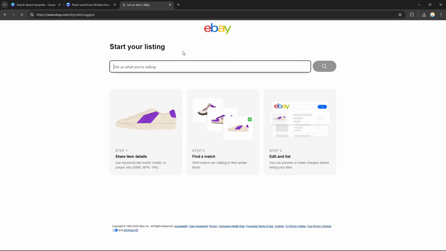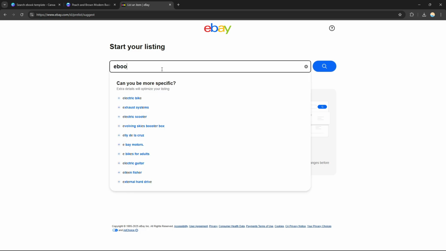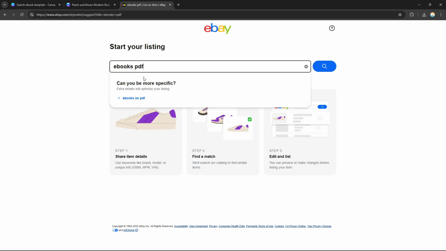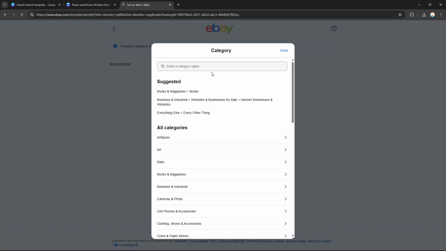After listing an item, you need to input the type of product that you want to sell. So make sure, for example, ebooks, since we are selling ebooks. Whether it's ebook PDFs, ebooks and digital media, ebooks for Kindle, or ebooks on PDF, etc. You can click on the specific description of your digital product or the items that